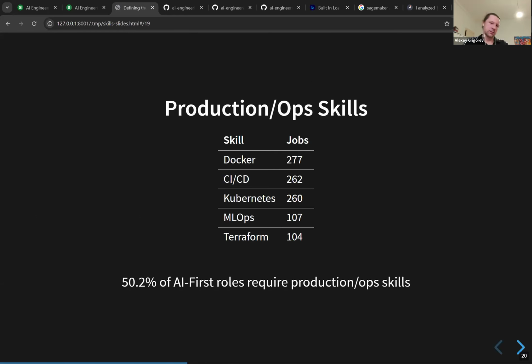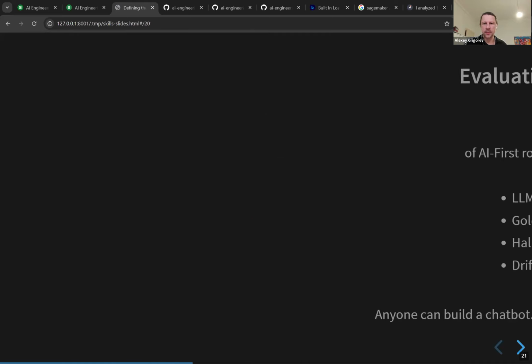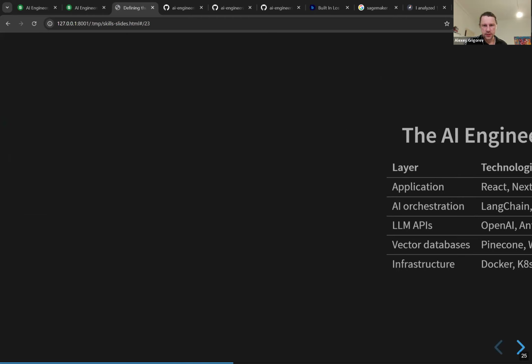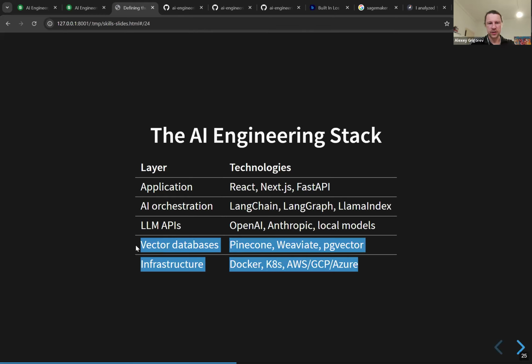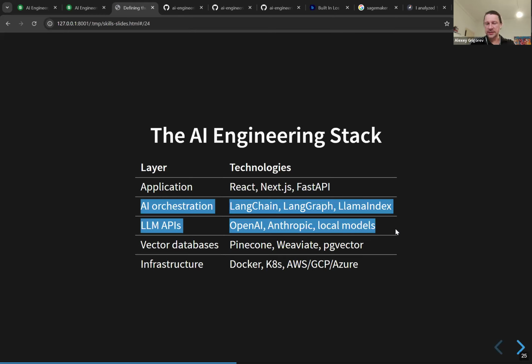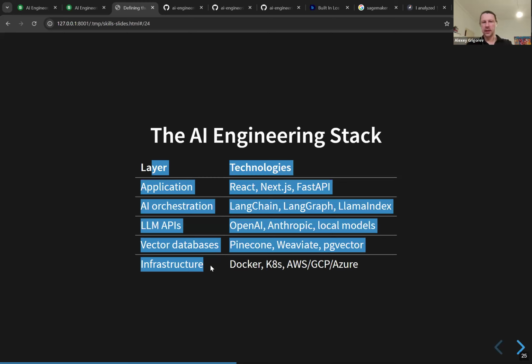So I'm just thinking, yeah, this one you definitely should do. I don't know if at university you learn this, but this is what you should start with. And then I have this slide here, the stack, right? So we have this AI stuff. So you have all these, I don't know, LangChains and whatnot. You have the APIs, but everything in front of it, everything that the user interacts with, and everything behind it, like infrastructure, vector databases. I don't know if you learned this at university, but this is a very good idea to look at these things too. So then, if you cover all these things, you would be full stack, right?